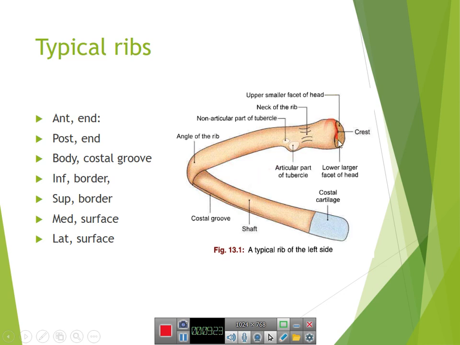So we have a posterior end, anterior end, upper border, lower border, a lateral surface, and medial surface, or outer surface, inner surface. The anterior end, or sternal end, is oval and concave for articulation with its costal cartilage. The posterior end